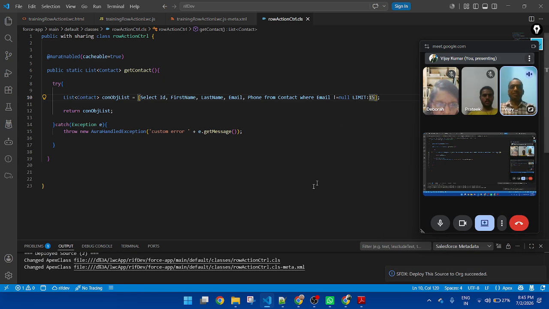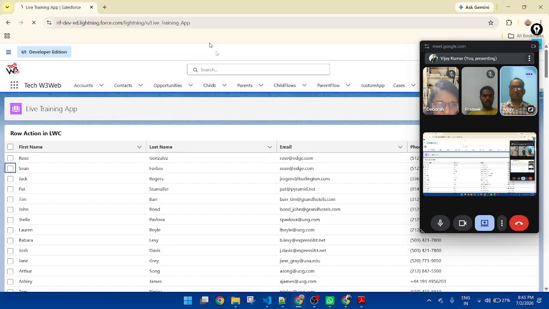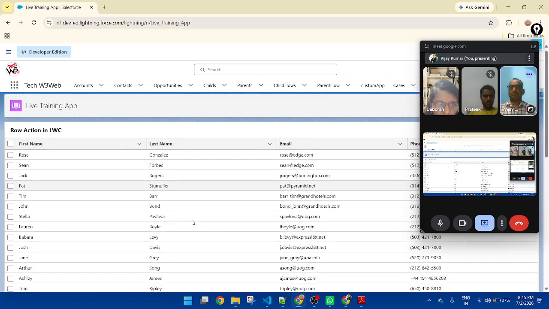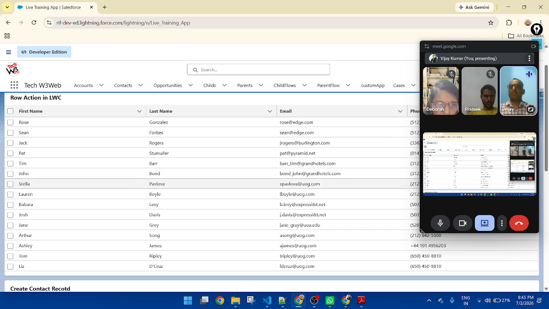So here I am putting limit 15, and if you refresh the page, only 15 records display. Okay.